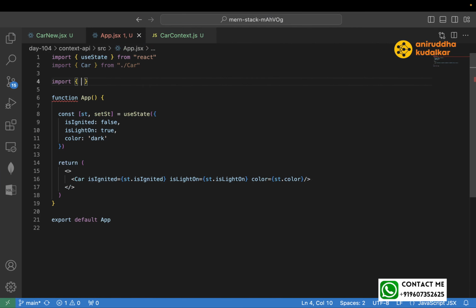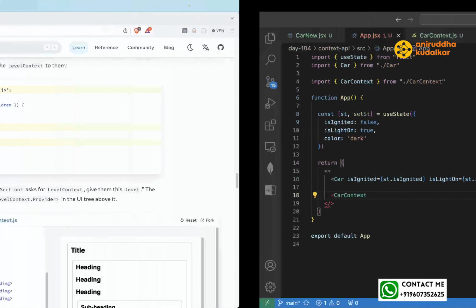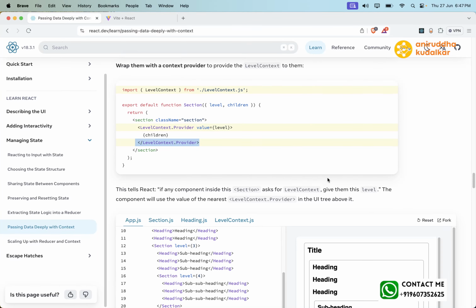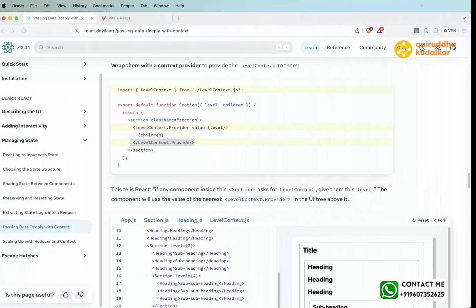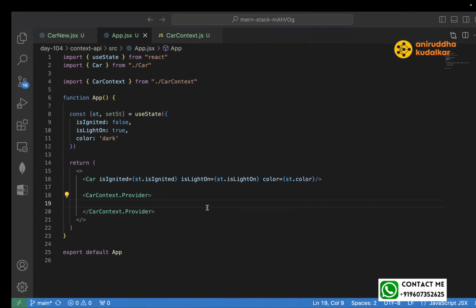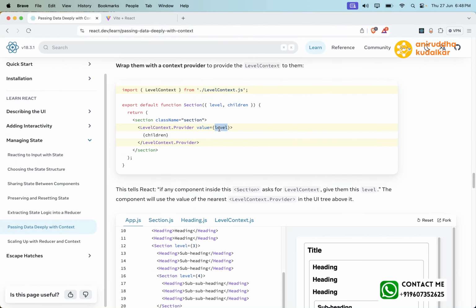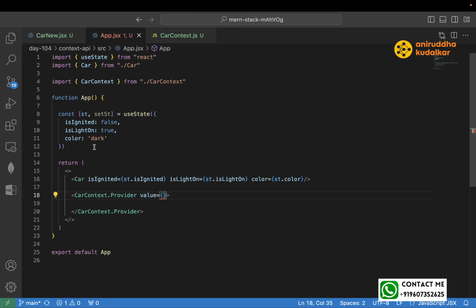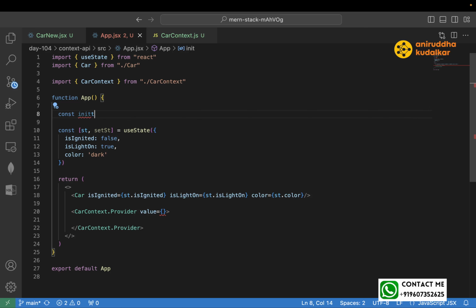Import car context from the car context, and here we will create car context dot provider, and the value we can pass here is the initial value. So we can say const init. So initial value can be